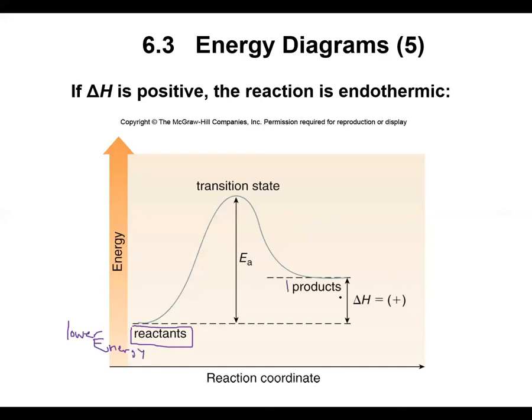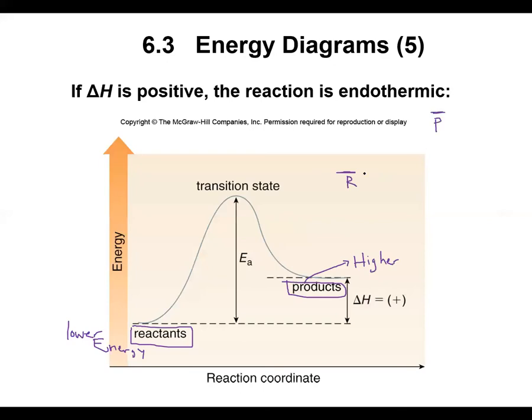Our products are actually going to be here, higher in energy. And this is opposite of what we saw earlier. Whenever you have an energy diagram where your reactants are lower in energy than your products,